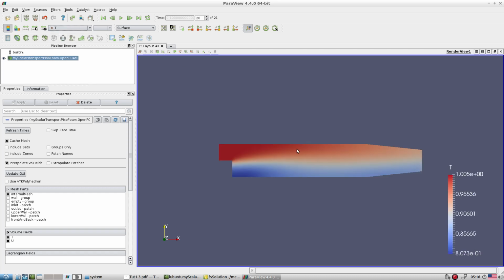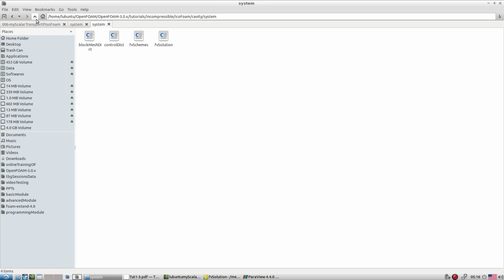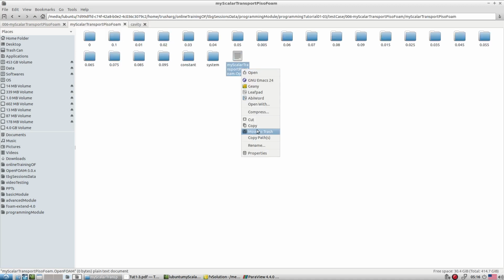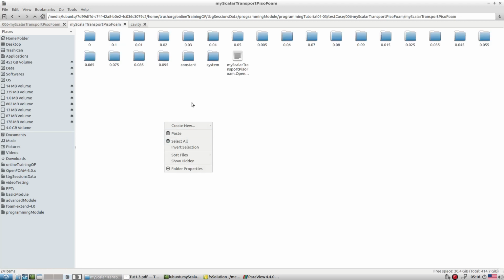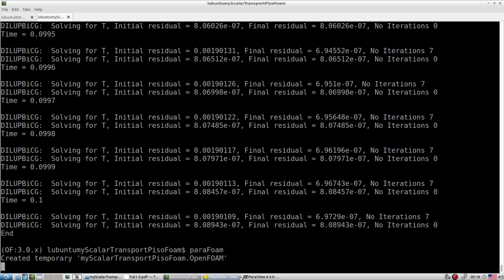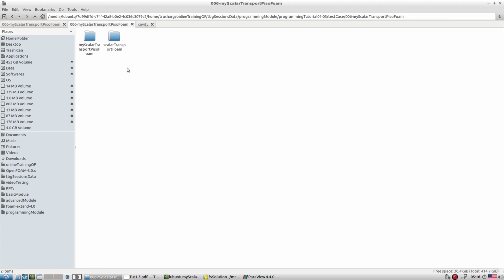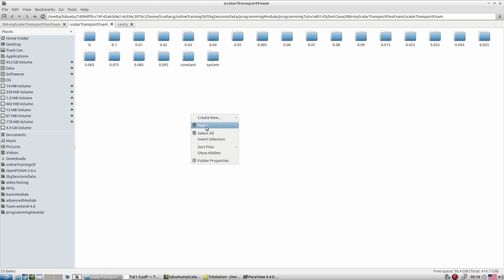Okay, so this is our piezo base solver result, and we also have a solver result based on the previous scalar transport. So let me copy this and at a time let's open both the things. Paste it.